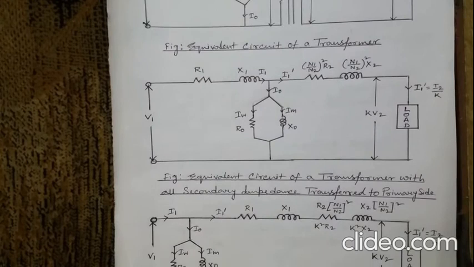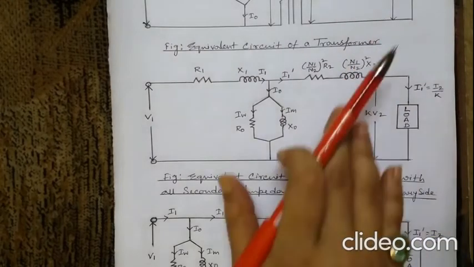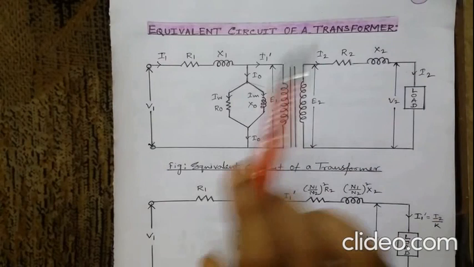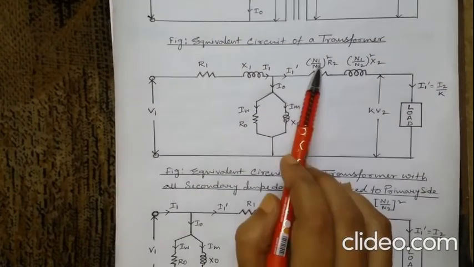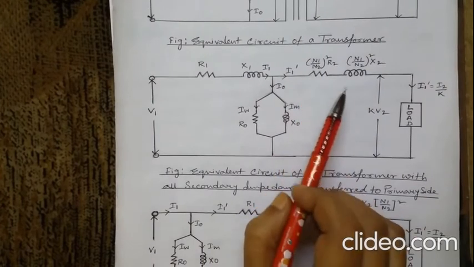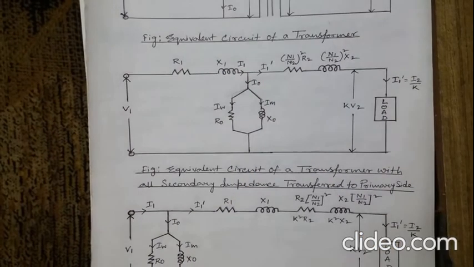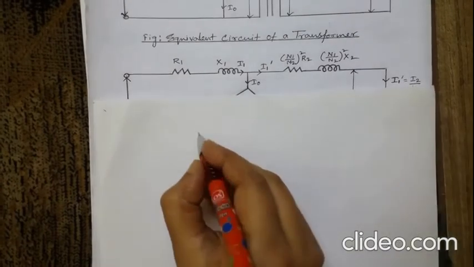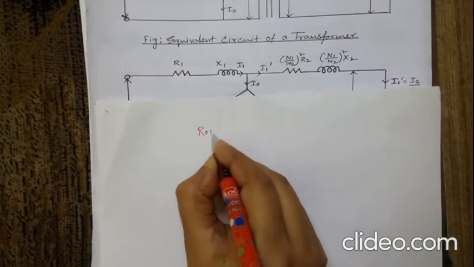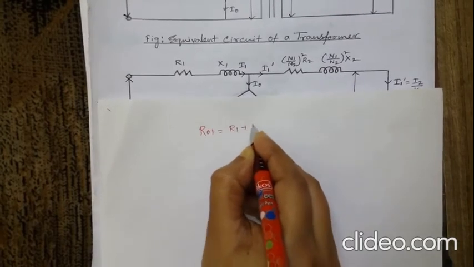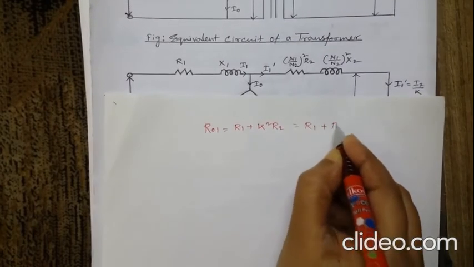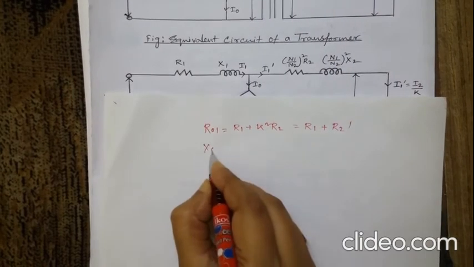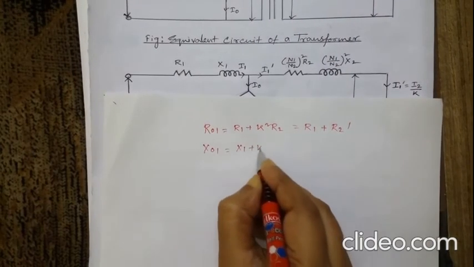Therefore, to simplify the equivalent circuit, we can transfer the resistance R2 and reactance X2 to the primary side by simply multiplying each of them by K square, that means (N1 by N2) whole square. So the total resistance and reactance on the primary side, say R01, is equal to R1 plus K square R2, meaning R1 plus R2 dash, and X01 equal to X1 plus K square X2,